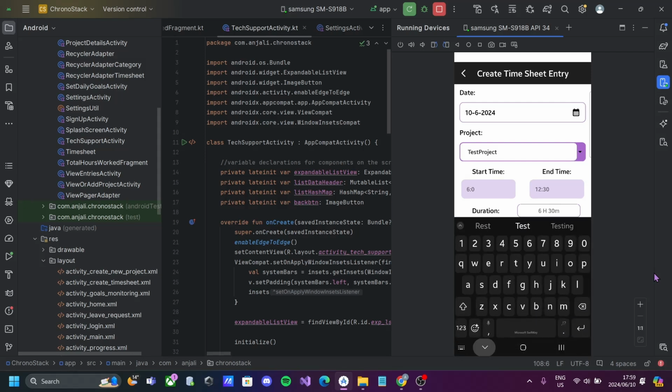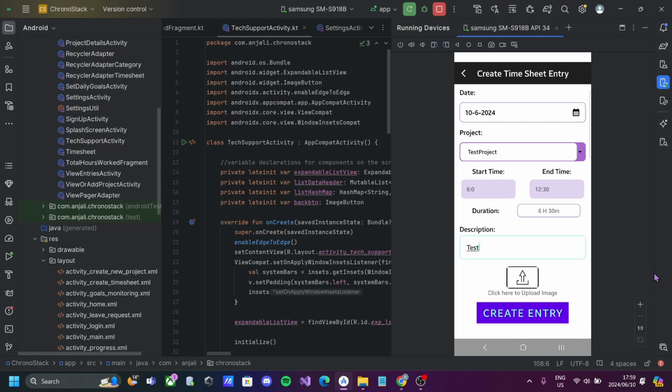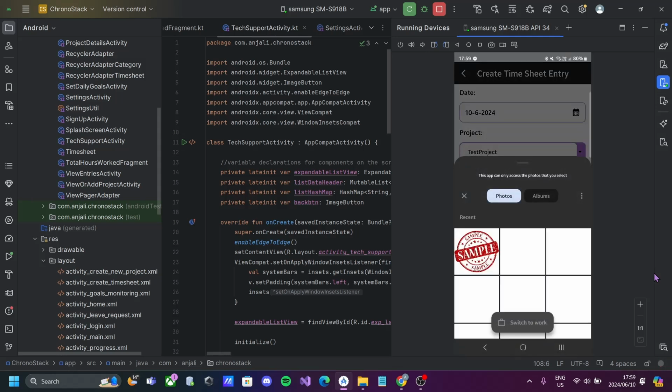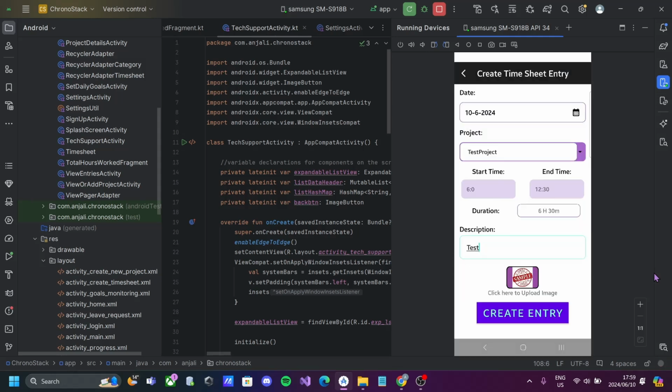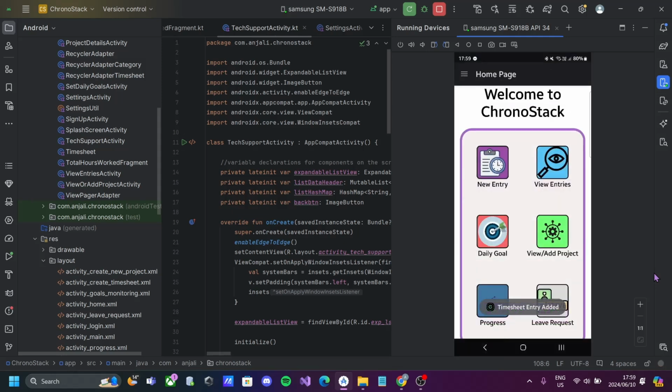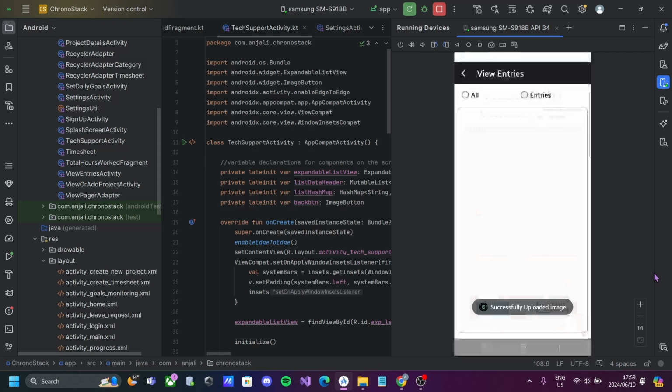You can then add a description for the timesheet and upload an image, and then it'll show the image that's being uploaded in place of the previous image that was there. And then you can create an entry which will add your timesheet to the database. Then you'll be able to view entries,